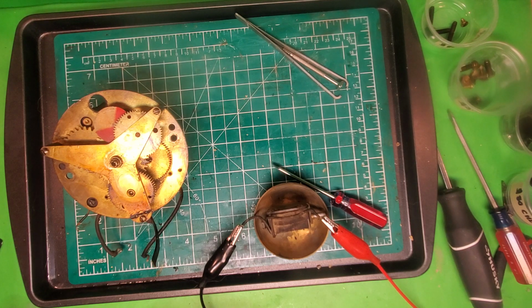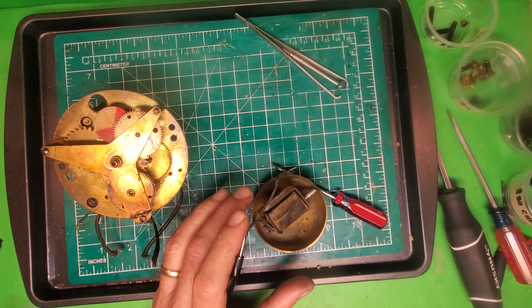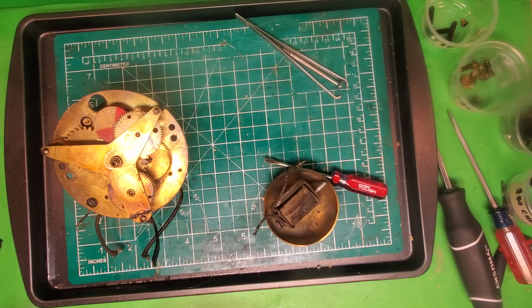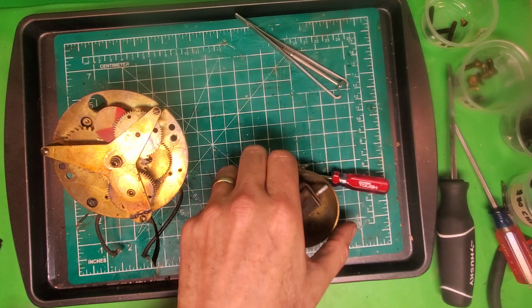That's exactly what we want. That is exactly what we want. So we're in business there. So what I'm going to do is take this apart and clean it and